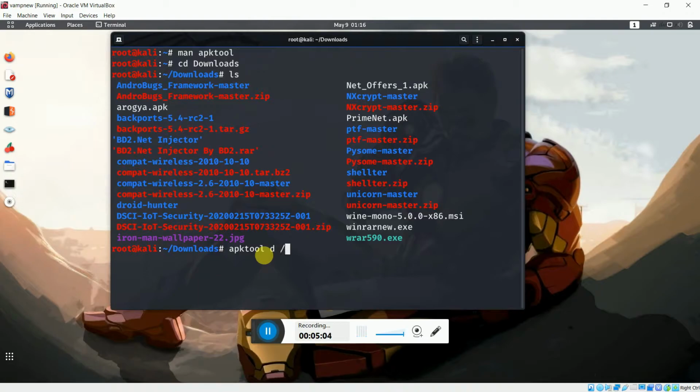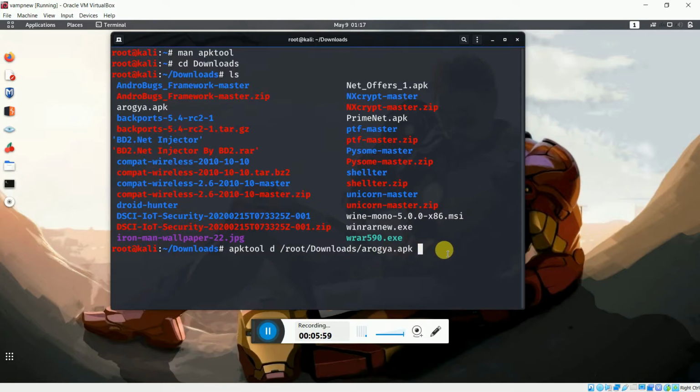So it's in root, and then downloads, and the name of the file is arogya.apk. I know what you are thinking: I am in the downloads section, so why am I giving the path here? But it's okay, just to demonstrate that if you're in another directory, you have to attach the path also.